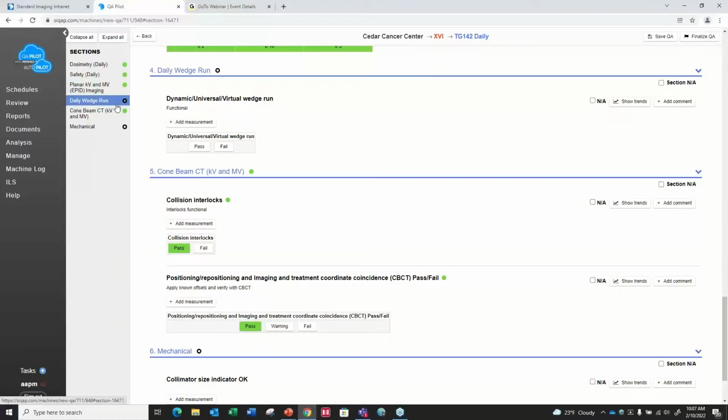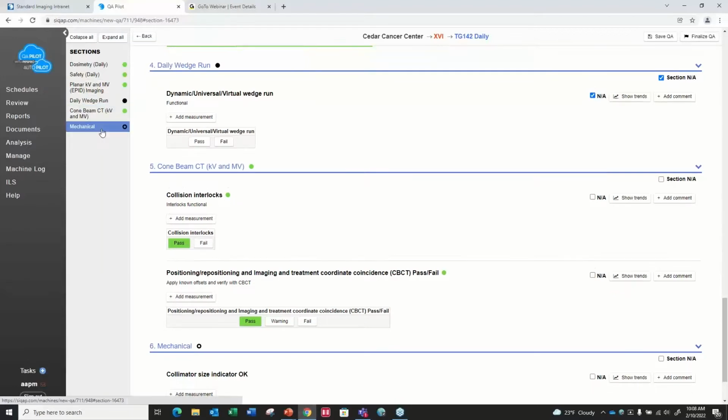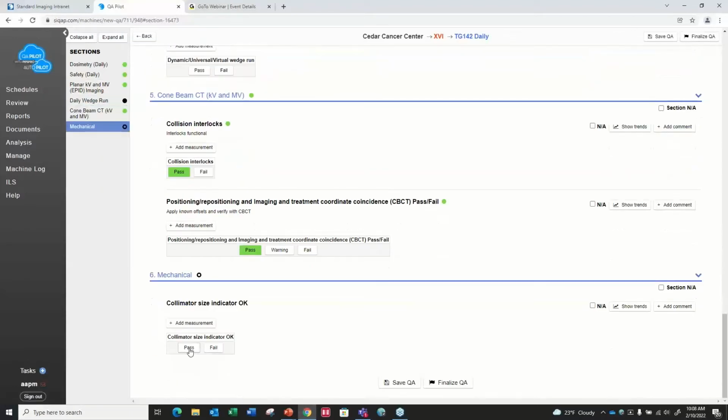At this point, maybe you realize that for today you don't have any patients planned that involve a virtual wedge. So are you going to skip this test? You can do it by clicking not available, in which case it's just going to mark the test. It's not going to be an open circle, which means undone, but it's not going to apply to this QA schedule today. Now let's skip down to the mechanical, just click pass,